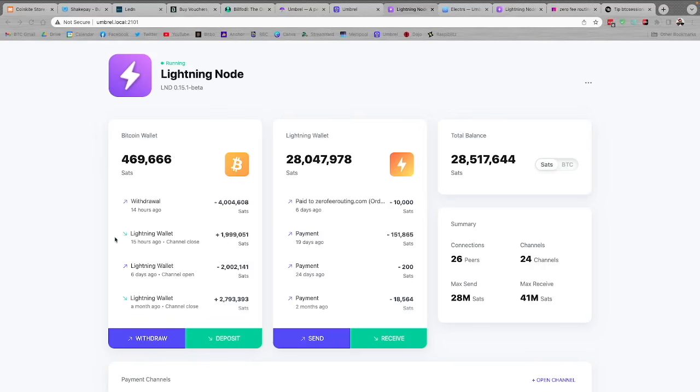Down below, you will have previous transactions into and out of this particular Bitcoin wallet. You'll also see options for withdrawal and deposit. So if you want to get some Bitcoin into your node to then be able to create Lightning channels, what